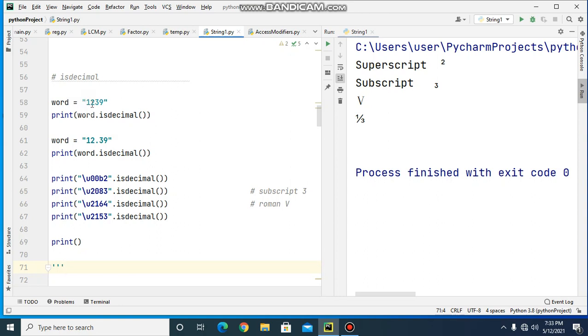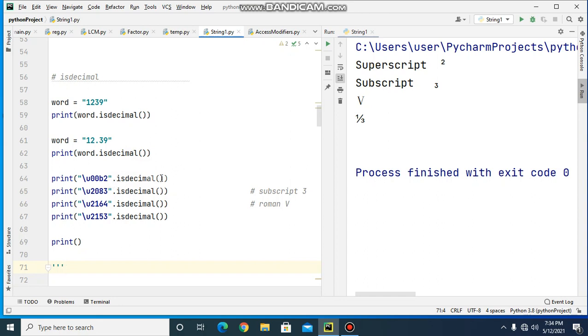Here in the string I have the decimal numbers 1, 2, 3, 9. So isdecimal will return true because we have decimal values here. Then here it will return false because we have a decimal point here.